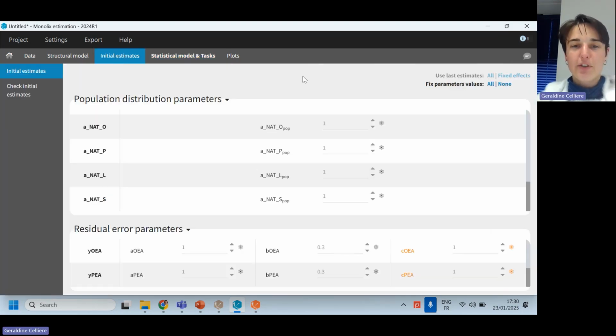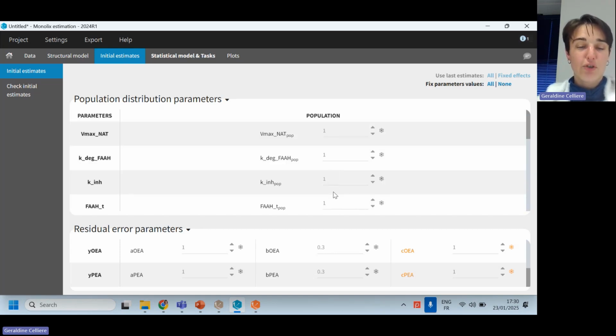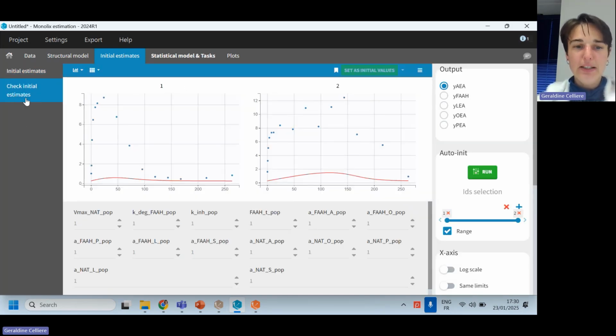And then before I start the parameter estimation, I need to choose some initial values for my parameters. By default, they are all just 1. And here the question is a bit, okay, I have a number of parameters. I'm not so sure if I will be able to identify all of them. For the moment, I don't really know what's the impact of each of these parameters on the observations I have in the data set. And actually, to learn a bit more about this, we have this tab, Check Initial Estimates,